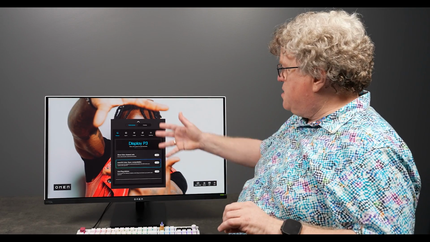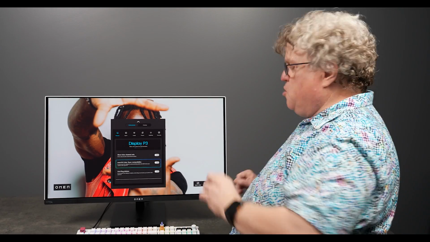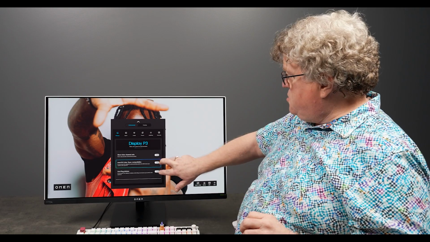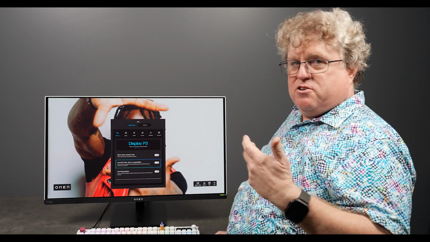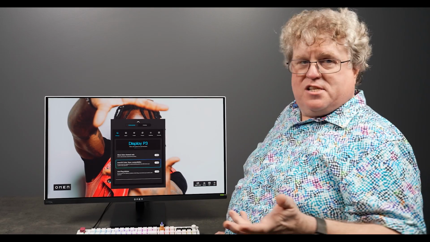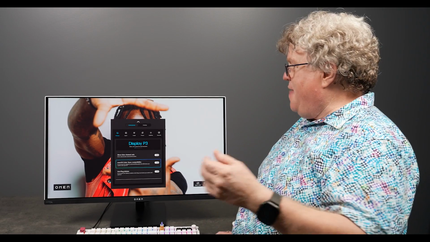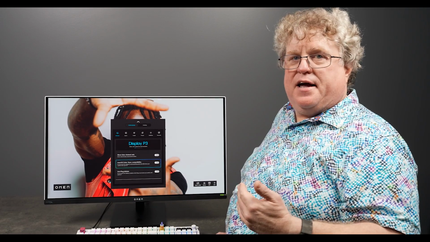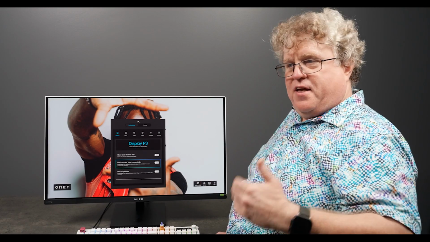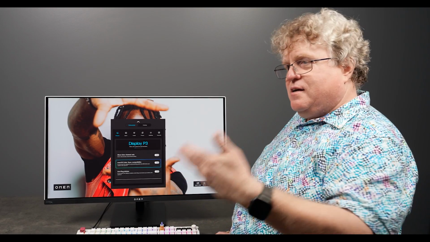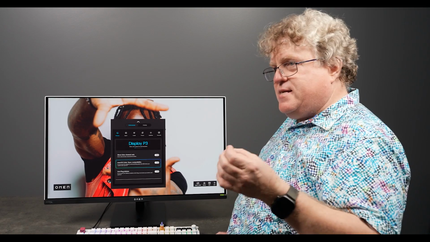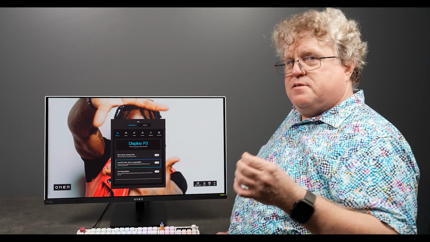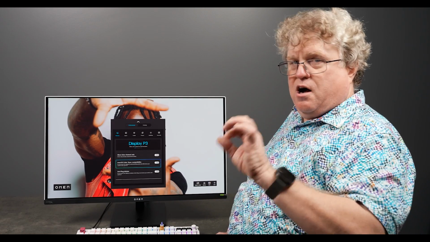So for example, if I go from Display P3 to Adobe RGB on a Mac, and these two options are turned on, the Mac will briefly dim either to black or to blue, depending upon which version of the M chip you're using. And then ColorSync will be synchronized. So now Apple thinks, and any apps that use ColorSync know, that you're in Adobe RGB. Note that for some applications, you may need to restart them because they only read from ColorSync on boot.